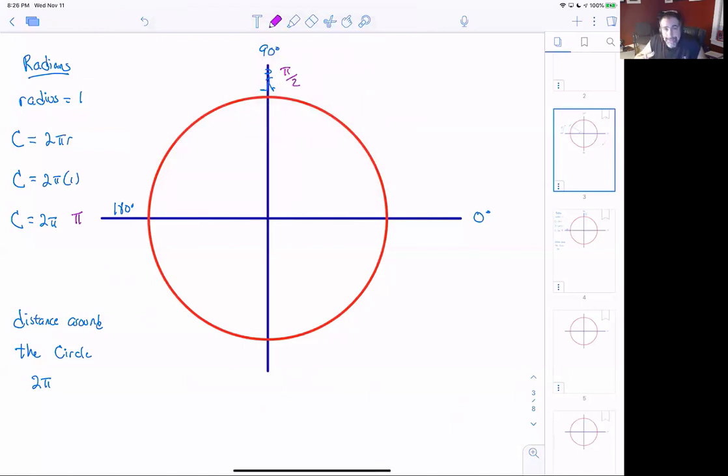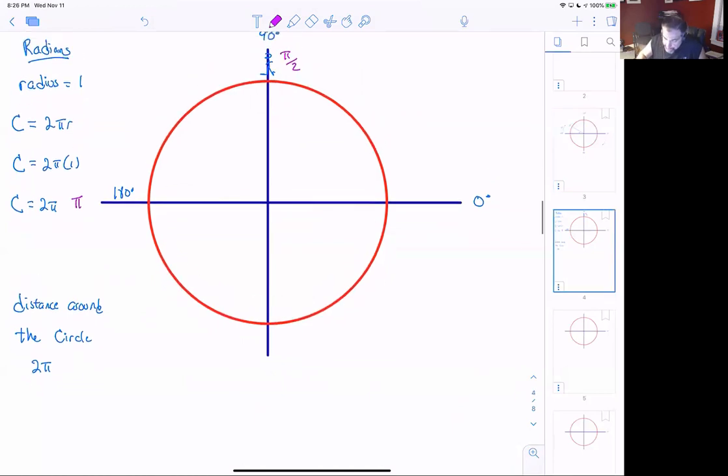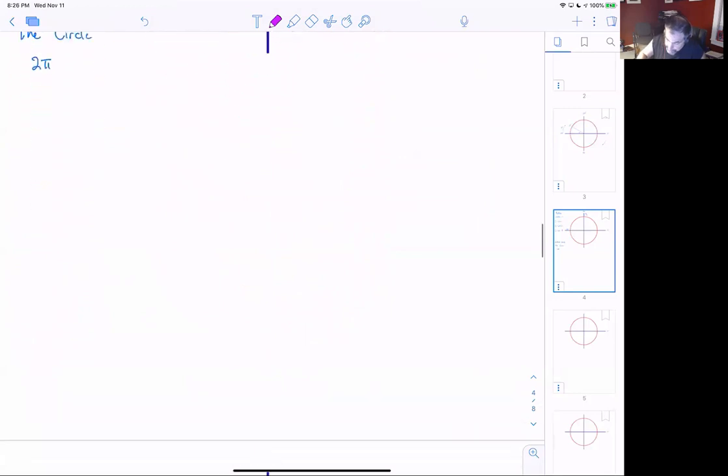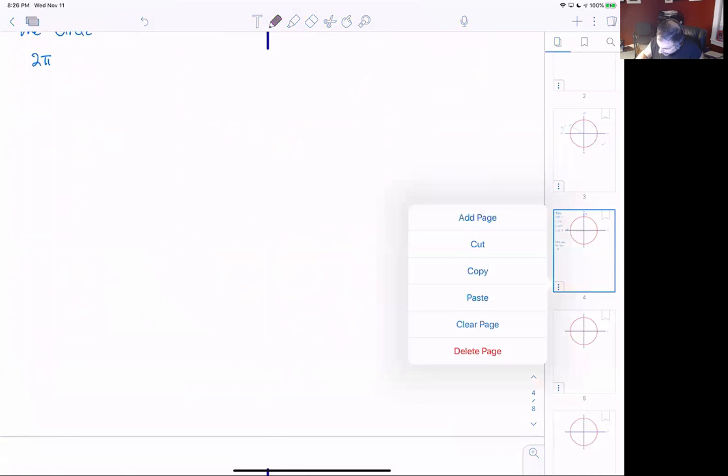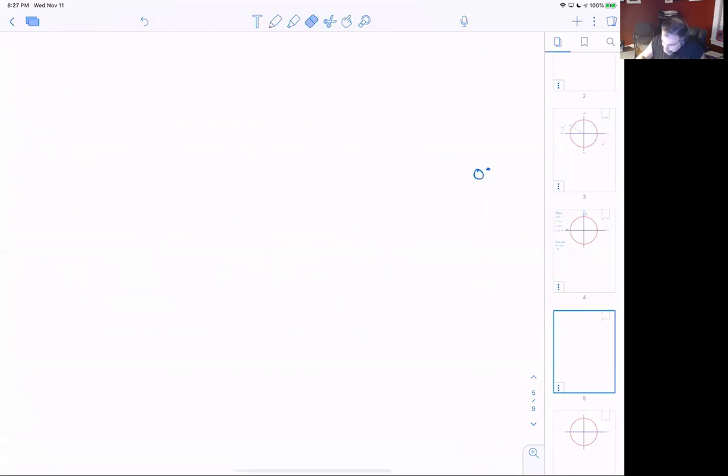Well, if you understand this kind of silly story that I'm telling, you're going to understand radians. You're going to understand radians really well because here's how it's going to work. Okay, here's what's going to happen. When we're talking about using radians, we are talking about just using distances around the circle. That's all we're talking about, just distances around the circle. So as I go to set this up,